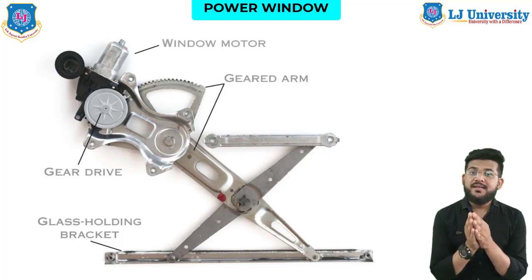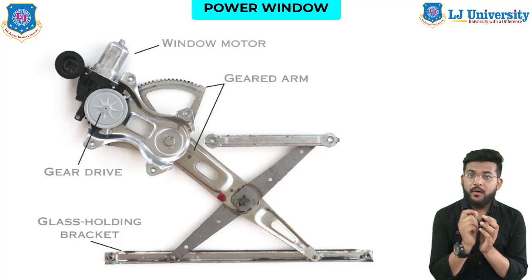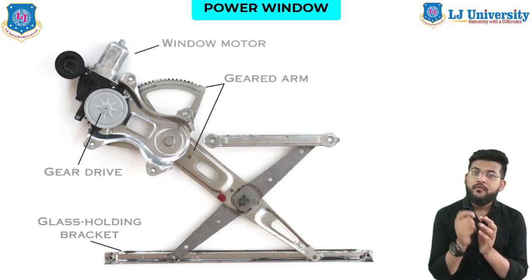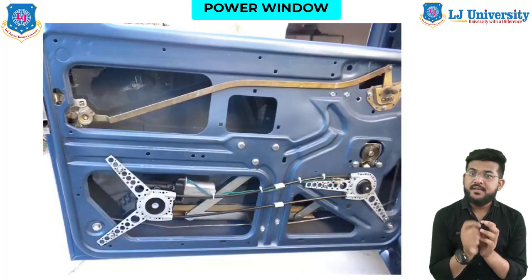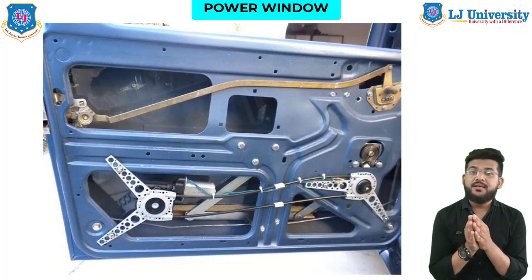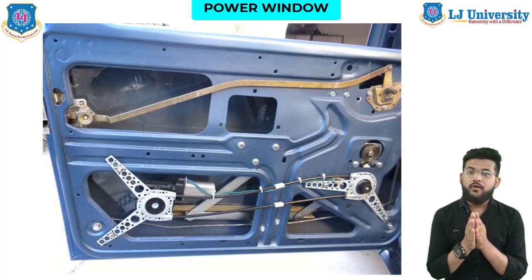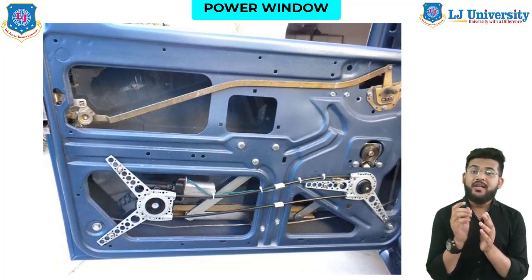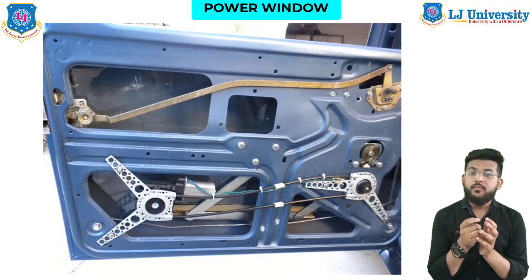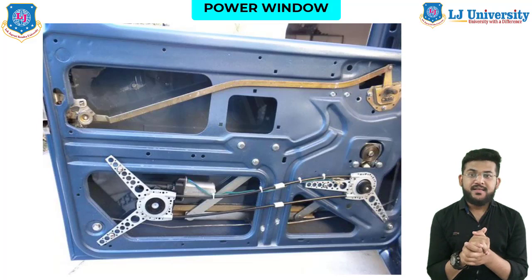The linkage has a long arm which attaches to the bar that holds the bottom of the window. The end of the arm can slide in a groove in a bar as the window rises. On the other end of the bar is a large plate that has gear teeth cut into it, and the motor turns this gear to engage the teeth. The same linkage is often used on a car with manual windows, but instead of the motor turning the gear, the crank handle will turn it and raise the window.